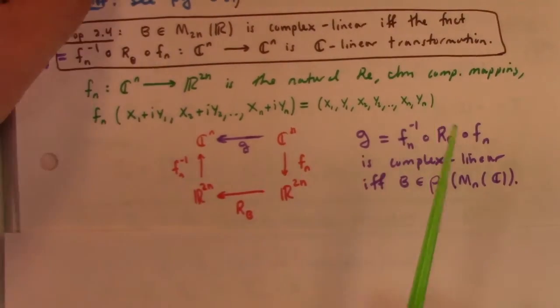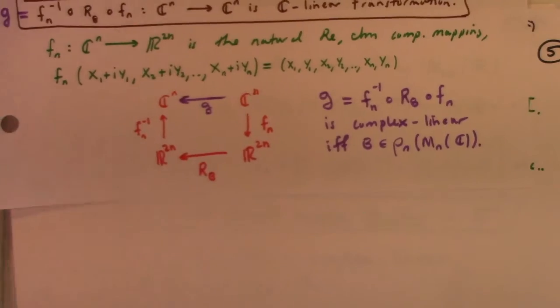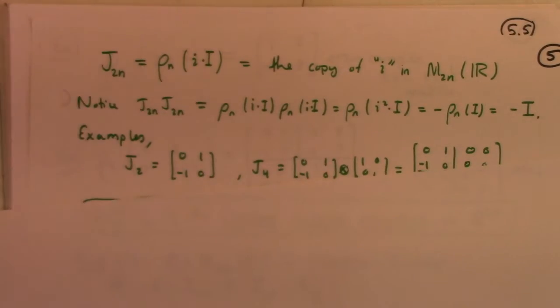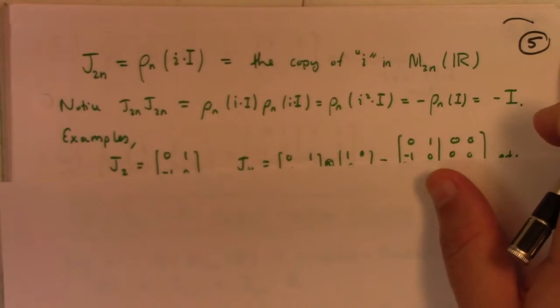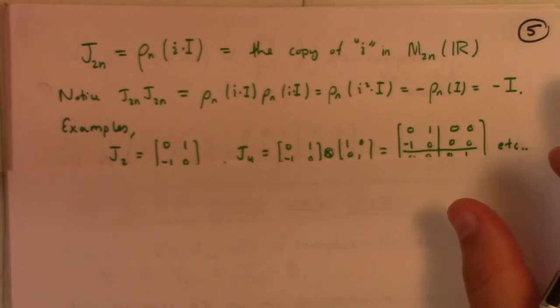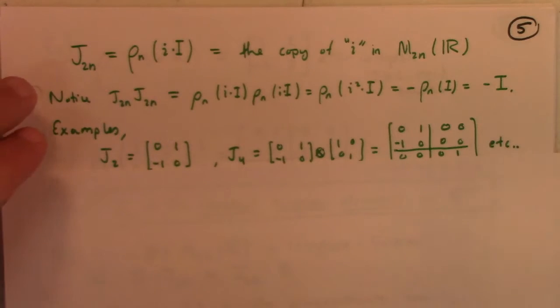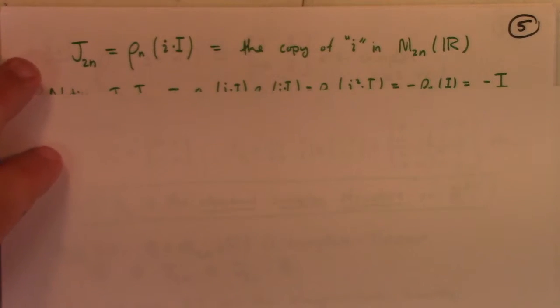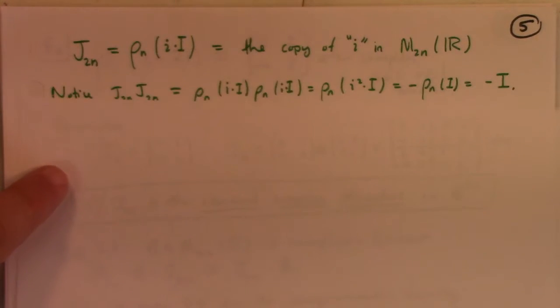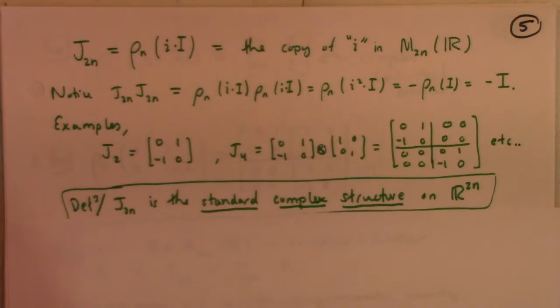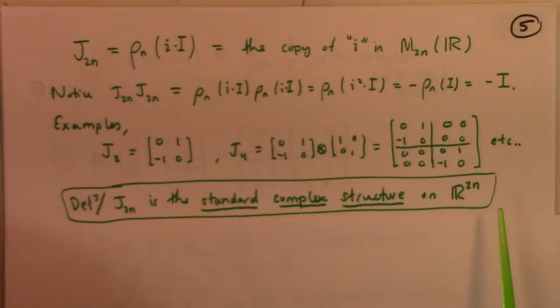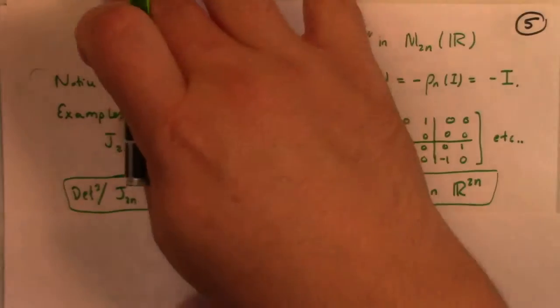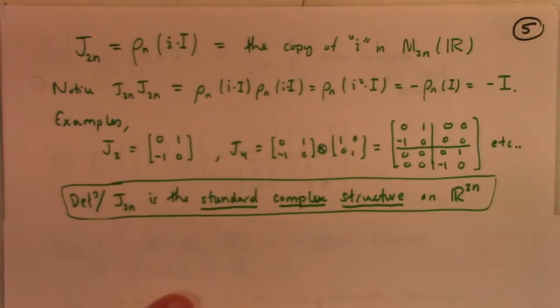Now, if you studied complex analysis with me, you have already seen this talked about in the case of the complexes as it relates to R2, where we learned that this correspondence is essentially the Cauchy-Riemann equations. More on that for another day. But there, of course, is this so-called standard complex structure of R2n. I already wrote it down in blue on the other